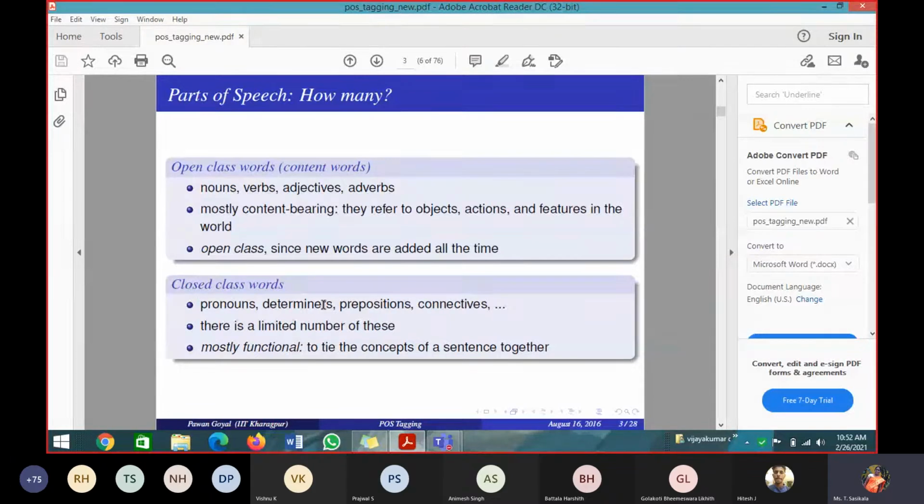If I have some words here, I can use the closed class words to tie those words together to make a meaningful sentence. Yes or no? Is, of, the, and so on are closed class words, right? Prepositions and determiners come under closed class words. So what is the use of is, was, the? If I have some words, using is, was, the, I will tie up those words with these closed class words, and I can make a proper meaningful sentence.